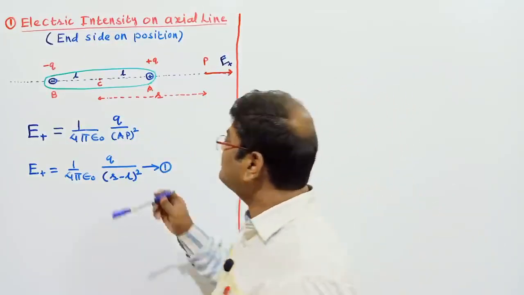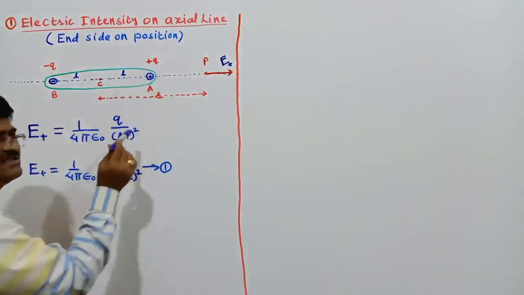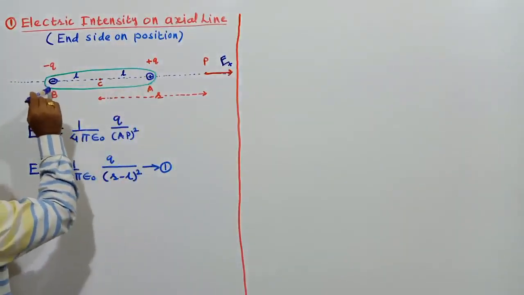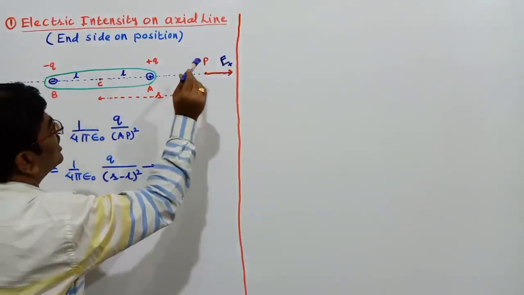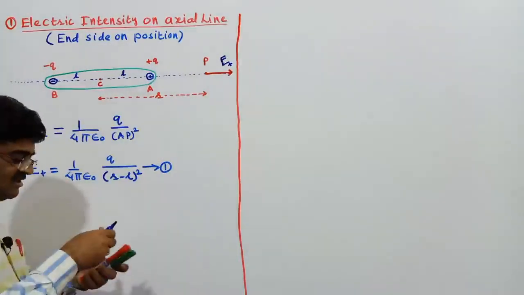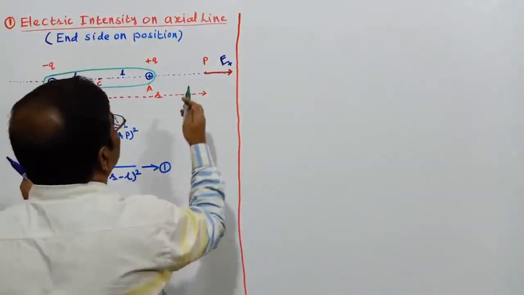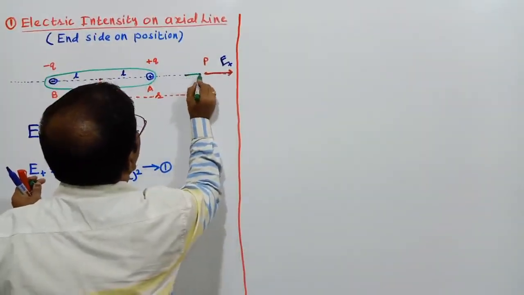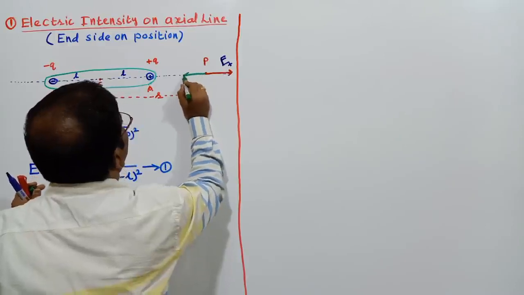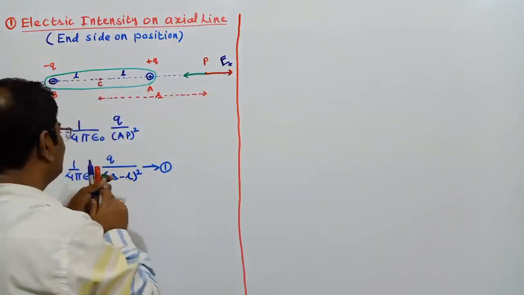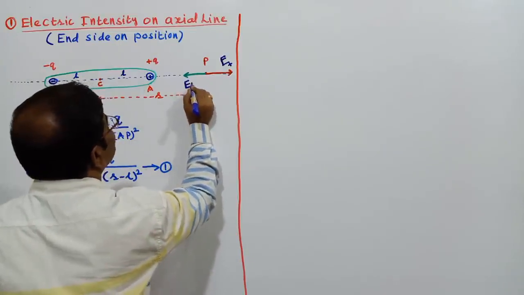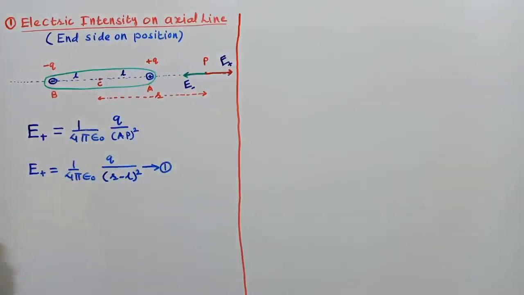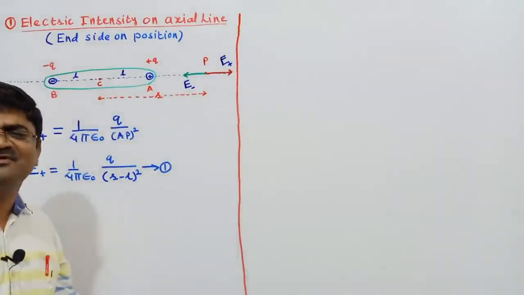When I am dealing with this negative source charge, forget about this. I need a contribution by this over here. And as I told you, along and towards. And here I show the electric intensity contributed by the negative charge of the dipole, and I would represent it as E minus. Again, needless to talk about that, the minus is for the contribution by the negative charge.